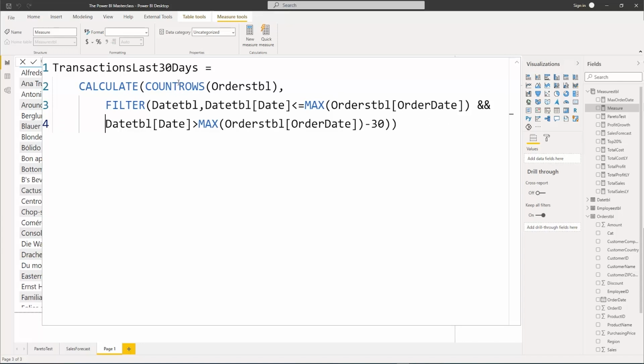So, what do we do here? Well, we count the rows in the orders table, as we've done before. This would return all the orders for each customer if we applied only the count rows of the orders table in the current context in our table. However, we want to modify that. We want to use the dates table, but not the complete dates table, only a filtered version of it. And this filtered version should evaluate all the dates which are less or equal to the maximum